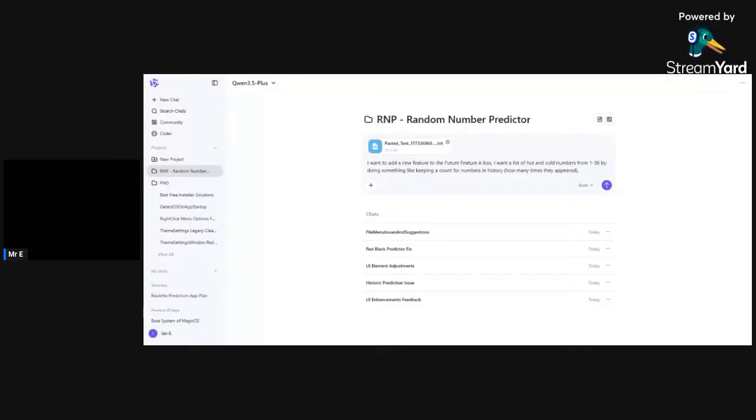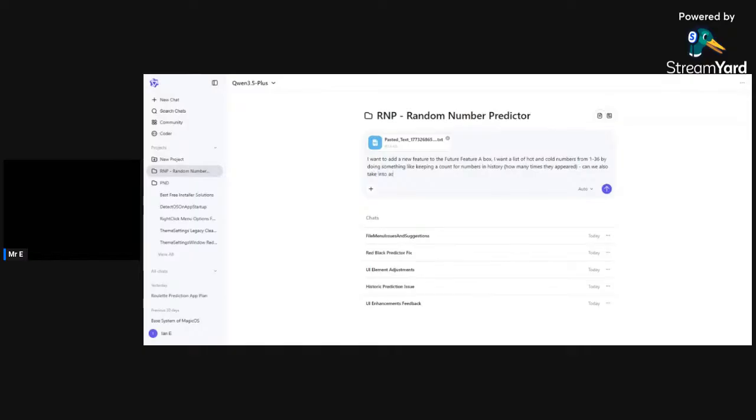But yeah, with this one, for the first time, I've just said, right, create this app, give me an app, do this, do that. And it's just giving me all this stuff and I'm just kind of going with it. Right. I want to add a hot and cold numbers from 1 to 36 by doing something like keep an account for numbers in history, how many times they appeared. In fact, can we also take into if they landed recently and